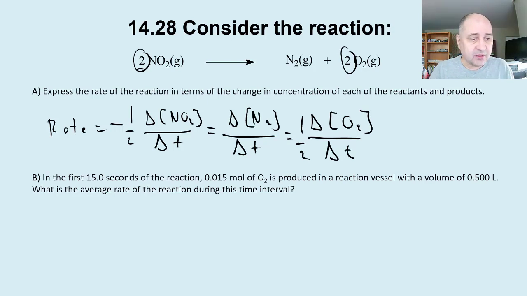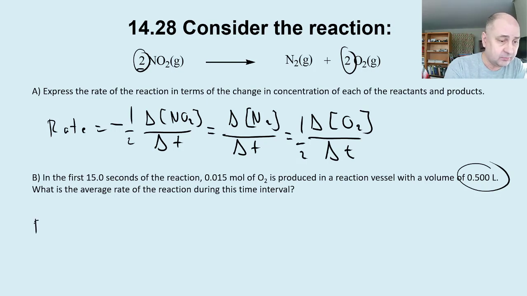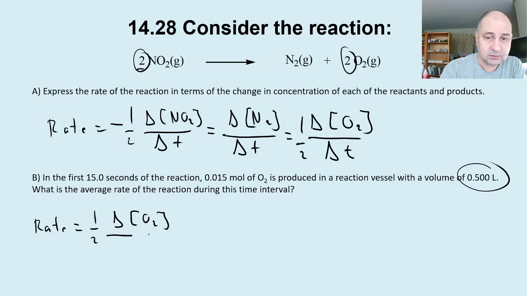Follow-up question. In the first 15 seconds of the reaction, 0.015 moles of O2 is produced in a reaction vessel with a volume of 0.5 liters. What is the average rate of the reaction during this time interval? So we know that the rate is going to be equal to, this is O2, 1/2 the change of O2 over